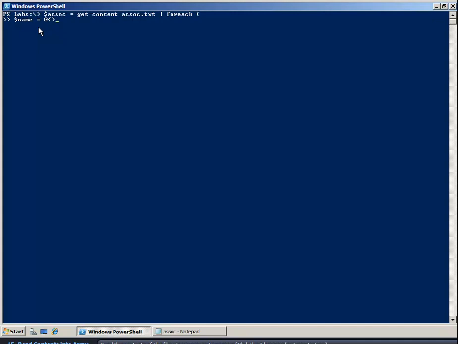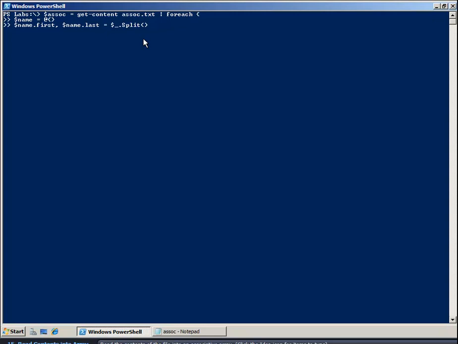So we are creating object for each line that is loaded from the text file. And what we are going to do next, we will create 2 properties of that object. One will be first, which is the first name, and after comma the second property, and they both will be the result of the, take a look, the $_ means the current object, which